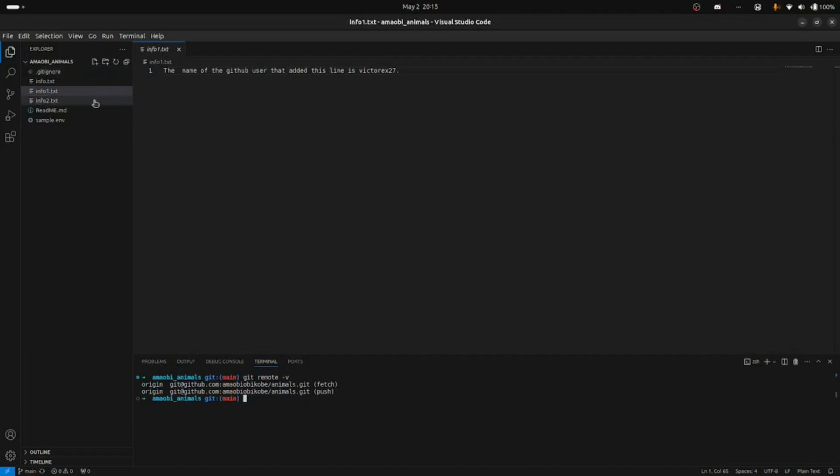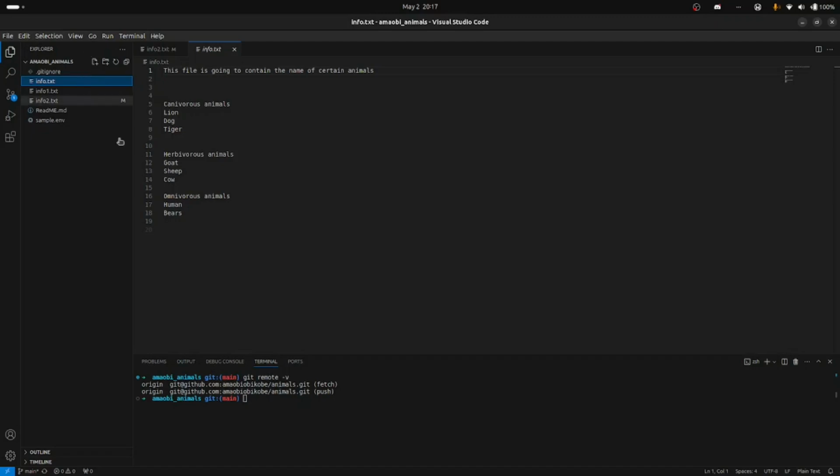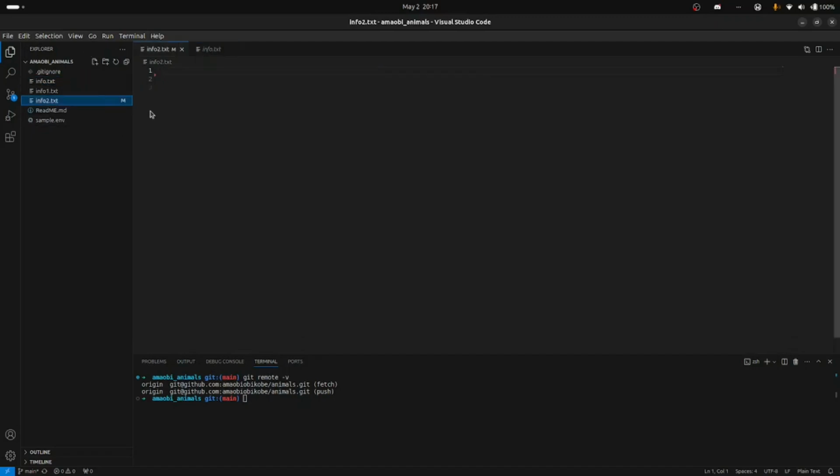So I'm going to make a change here. Since in info text 1 we have this file that is going to contain the name of certain animals, in info text 2, okay, let me try and make this. How can I classify animals again? Let me see. So in this file I'm going to modify it to have